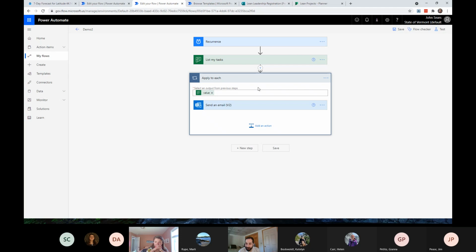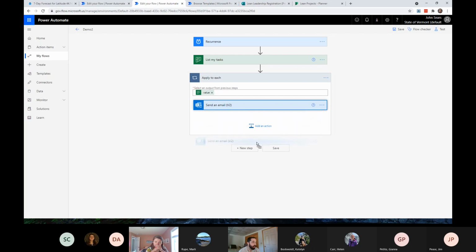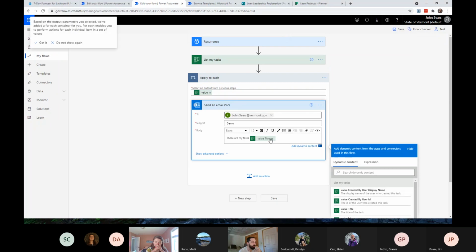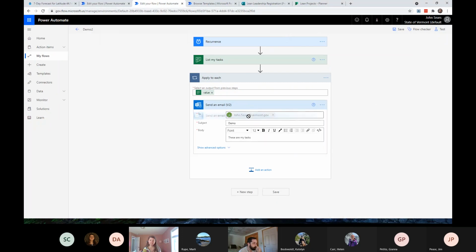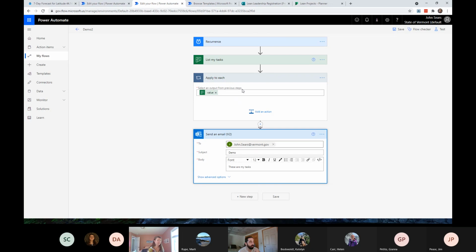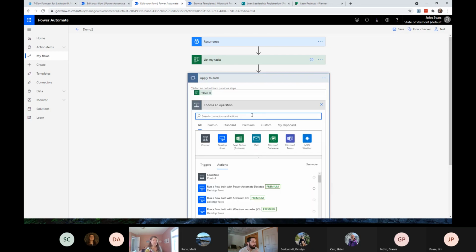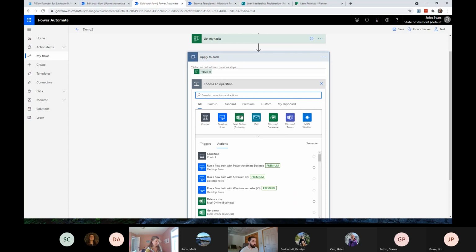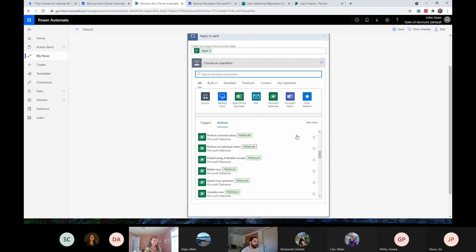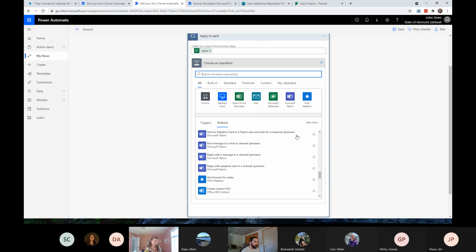That's not terribly practical, but I could, if I wanted to, take all of those tasks and bundle them together in a list and then put that list in an email and then send me that email. So I'm going to take this, oops, that isn't going to work because I am directly referencing this title. So if I take this out of here, now I should be able to carry it out. So now it's not in the apply to each. What I can do is, see, now we're getting into complicated land,